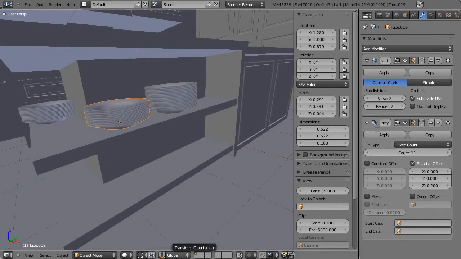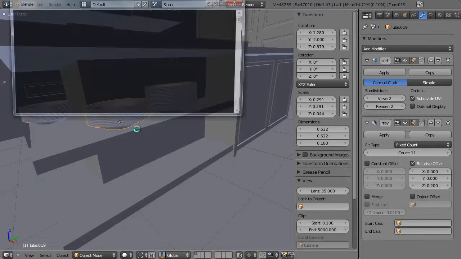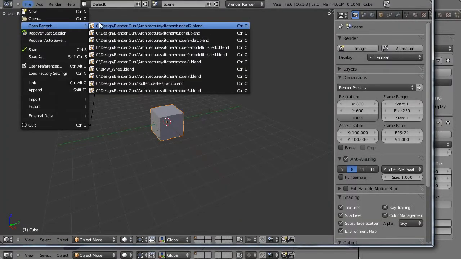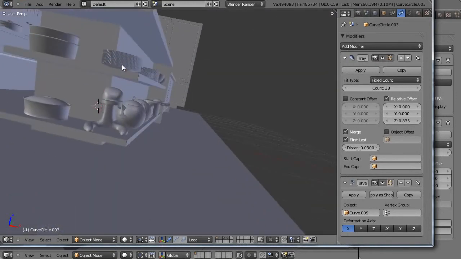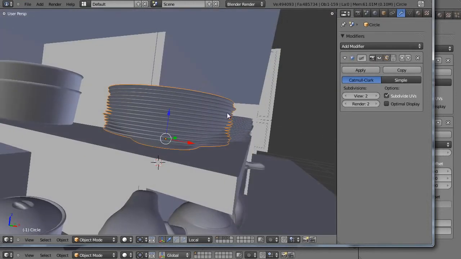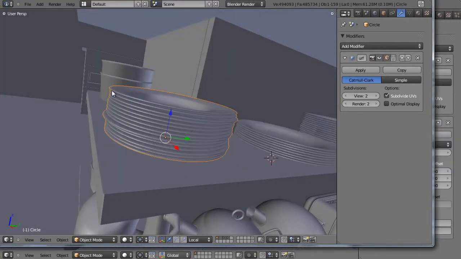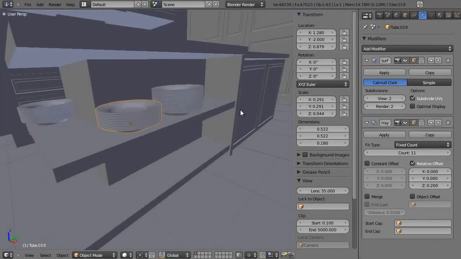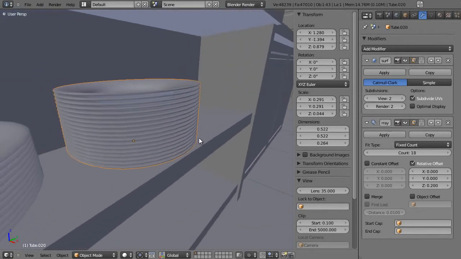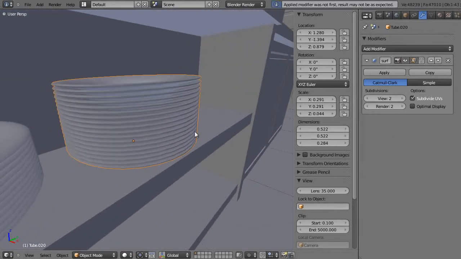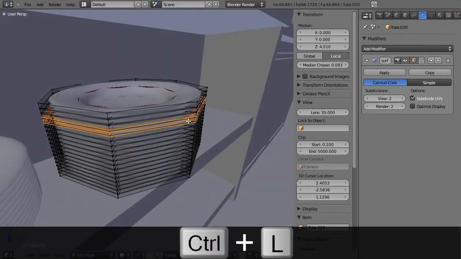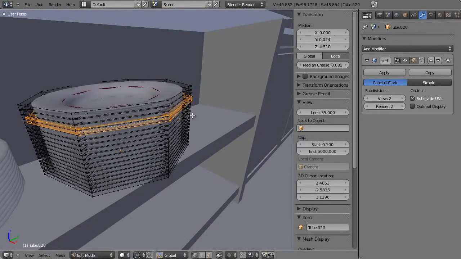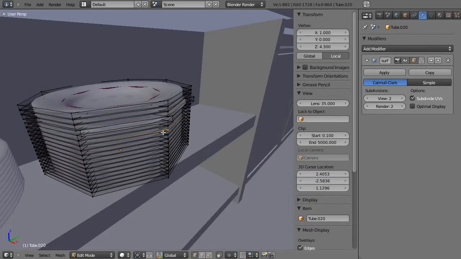Now some of you might be wondering how to get that sort of randomized look to the plates, so that it looks as though they've been moved around by hand, that sort of jagged edge there. To do that, it's very easy. All you need to do is apply the array modifier. Then select just one of the vertices of the plate and press Control L and you'll select the entire plate. Then just move it along the X, whatever axis there,